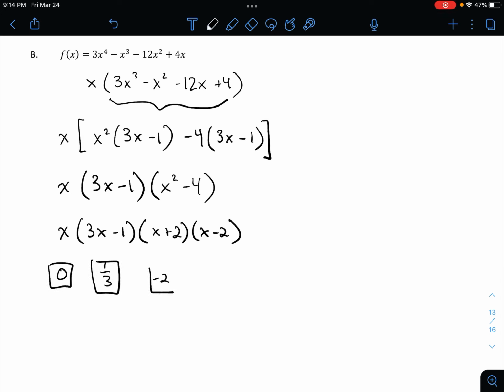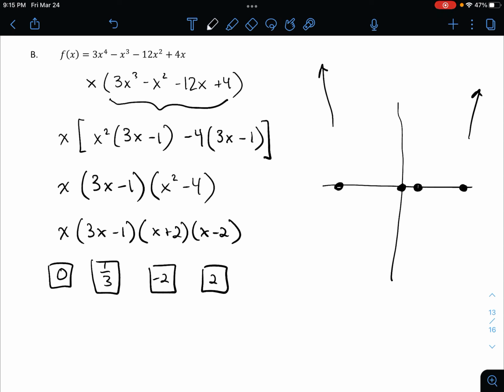All right, and hopefully as you look at this, you can kind of see where we're going with this, right? If we were to think of a graph, we know that 0 is a zero, 1/3, +2, and -2. Those are all my zeros that we just found. I could plug in a 0 for x and find the y-intercept, which would also be 0 at my origin. And if I wanted to, I could look at the end behavior, right? I have 3x to the 4th power, so I know the end behavior has to go up in the same direction, right? And because it's 3, it's positive, it's going to go up instead of